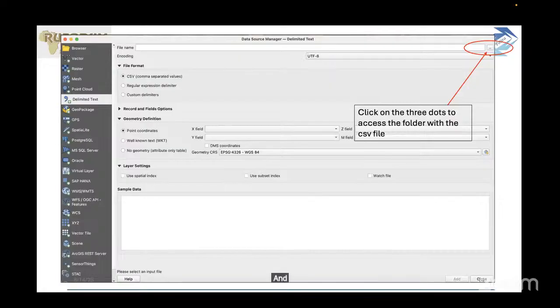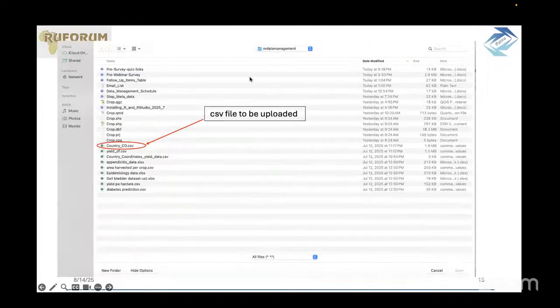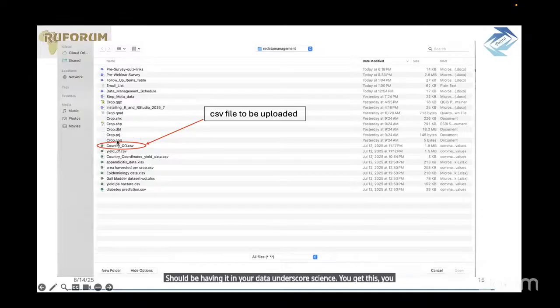You downloaded a file called country_co, and that's the file we're going to load, okay? If you downloaded it from the Google Drive, you should have it in your data_science folder. You click on this, okay,